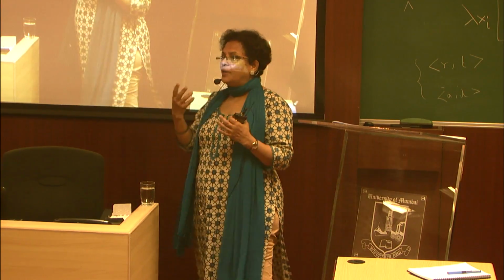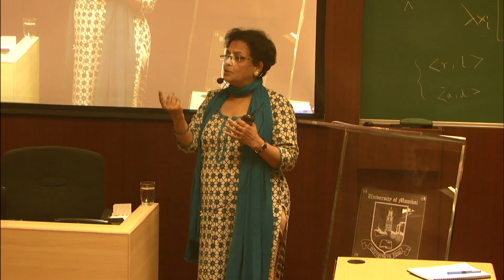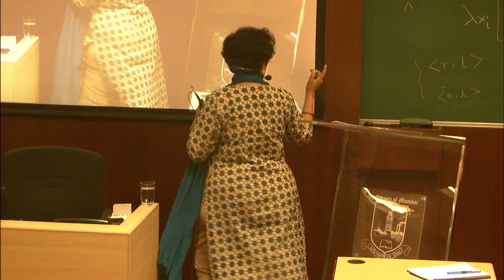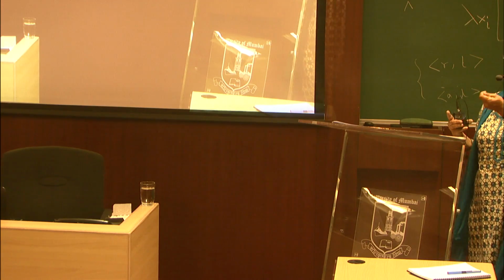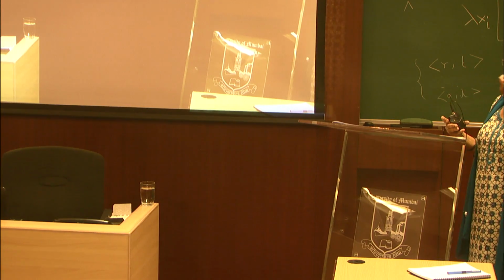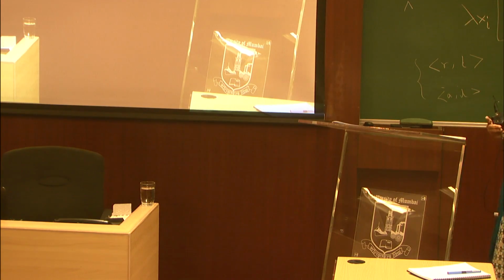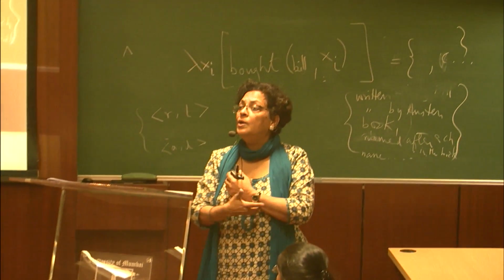Lambda abstraction is a way of capturing that it is two-place or one-place, right? Because this says this is a one-place predicate, but it became a one-place predicate after I filled in one argument. But when we didn't have it in a sentence, you just had the predicate and you had "buy." Your question is who, what, right? These are the two questions you have. And that's what the lambda x, lambda y is capturing, that it's looking for two arguments.